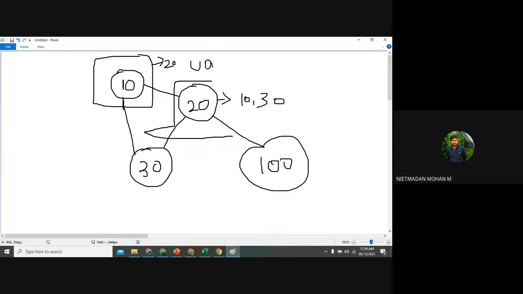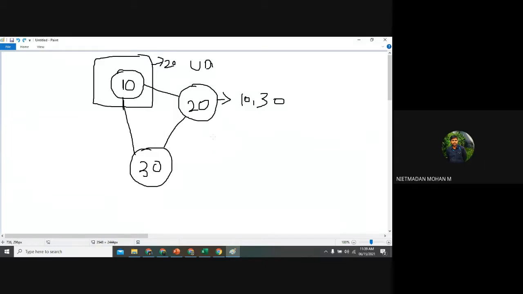20 is the nearby node. We have only one edge there, so that is my nearby node. If I am giving 30 over here, my nearby nodes are 30 and 20. The edges will be connected to the nearby node, right? Yes, sir. So just imagine the nearby node, and how to calculate it.